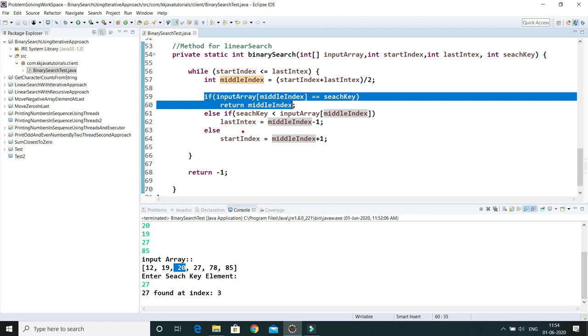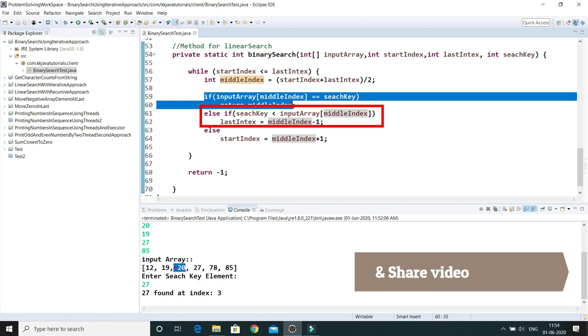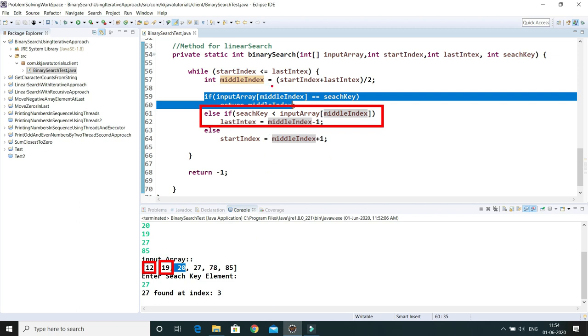Here we have a condition: search key is less than the middle element of the array. In that case, the start index would be the same, but you have to set the last index as middle index minus 1. The middle element we have already considered over here, so the last index would be middle index minus 1.